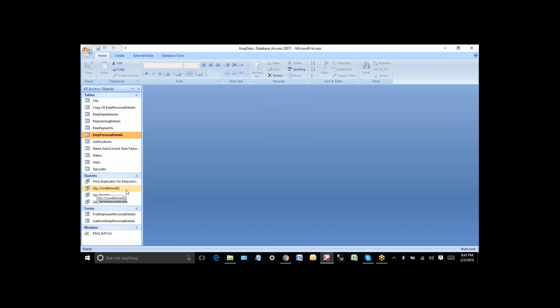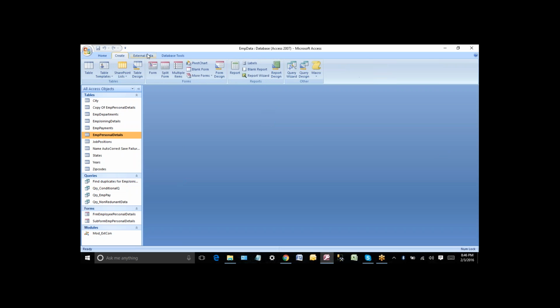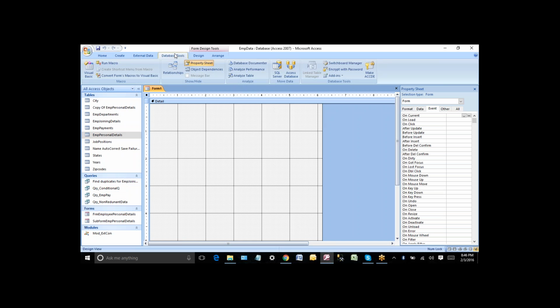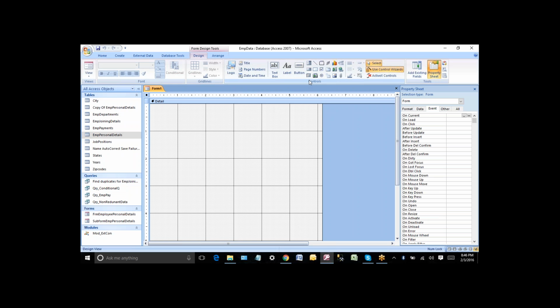We'll see how to create a simple dashboard. For that, we need to add a form, and on the form, we'll need one list box,